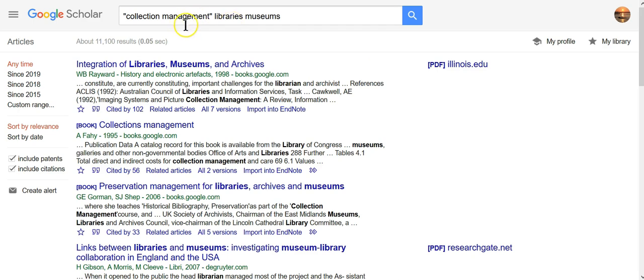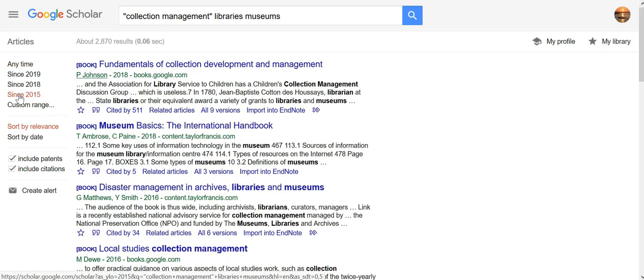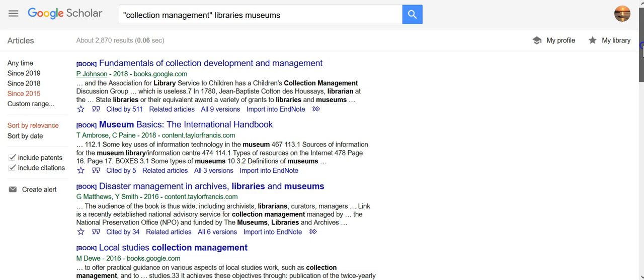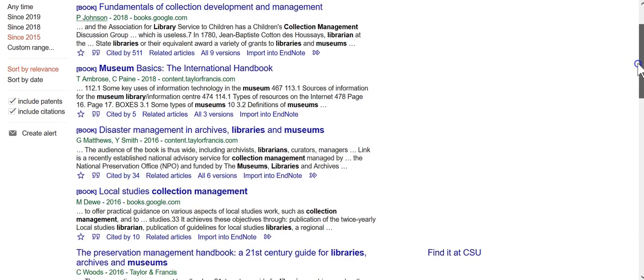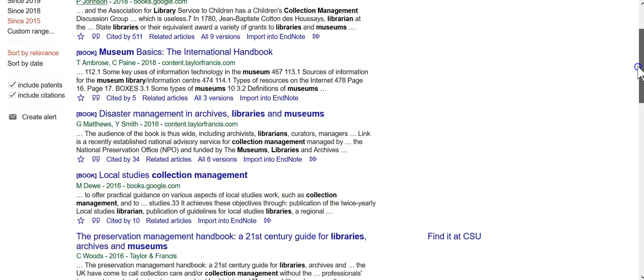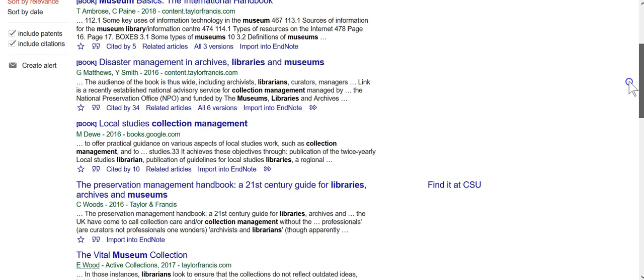Again, I've searched for that as a phrase. Now, there's not as many ways to narrow down your Google Scholar search, but you can use a date range. Okay, so you can either put a custom range in, or you can choose to narrow it down to a collection of years. Once you come up with a few different options here,